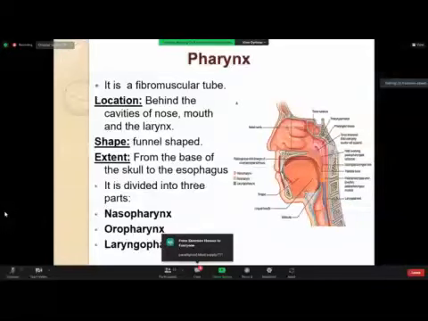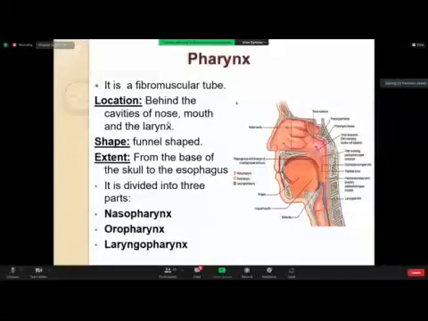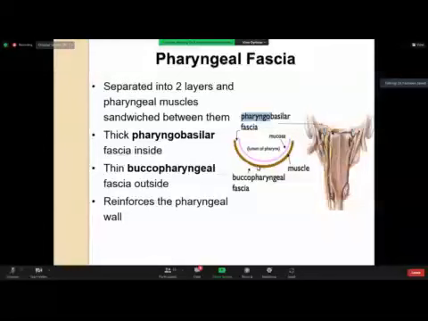Pharyngeal fascia, which is important, it is separated into two layers, and pharyngeal muscles basically sandwich between the two layers. The first layer is the buccopharyngeal fascia, और second layer is the pharyngobasilar fascia। ठीक है, ये उसकी अटैचमेंट के हिसाब से इनके नाम हैं। तो we have two layers of fascia, और in between these two layers are present the pharyngeal muscles। बाहर वाली लेयर outer layer is the buccopharyngeal and inner layer is the pharyngobasilar, and it basically reinforces the pharyngeal wall।